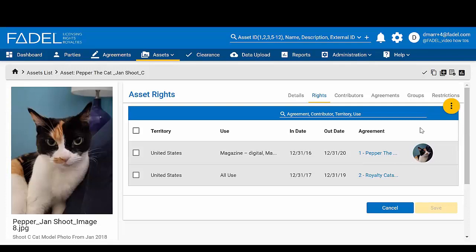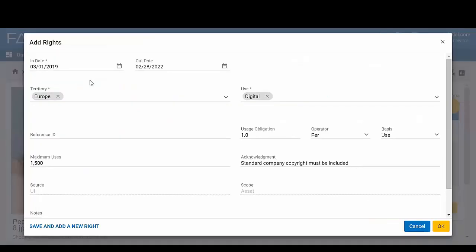The other option for rights association to assets is by manual entry. From the Actions option on the right, select Add. Within the Add Rights window, enter in date and out date of when the rights are effective. Select Territory and Use. These selections pull from the setup within Administration, Rights Definitions, and there is a video available